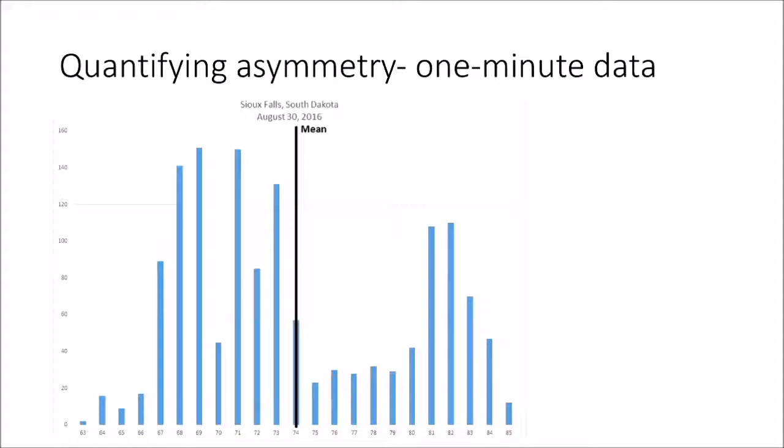So the black line here is the mean, and this is the frequency of number of minutes spent at each 1 temperature degree interval. And we clearly see many more minutes, much more time being spent on the bottom half of the range than the top. And again, of course, that's going to throw off our mean temperature if you're just using the 2 data points, because you're giving too much weight to the maximum when more time is actually being spent near the minimum.